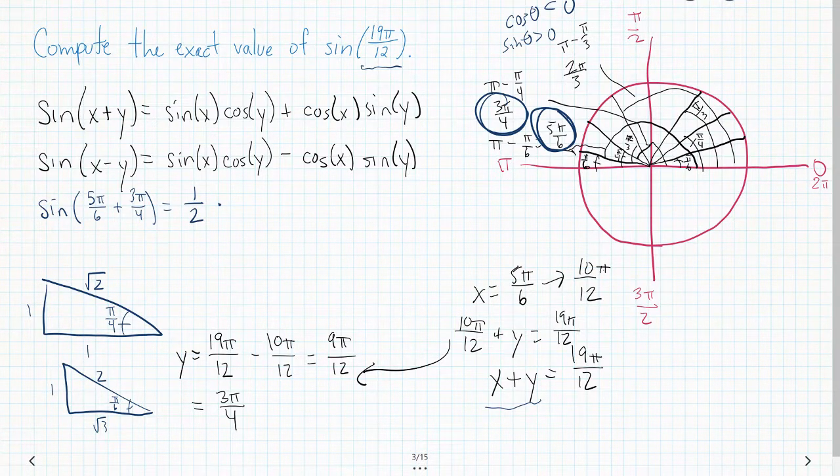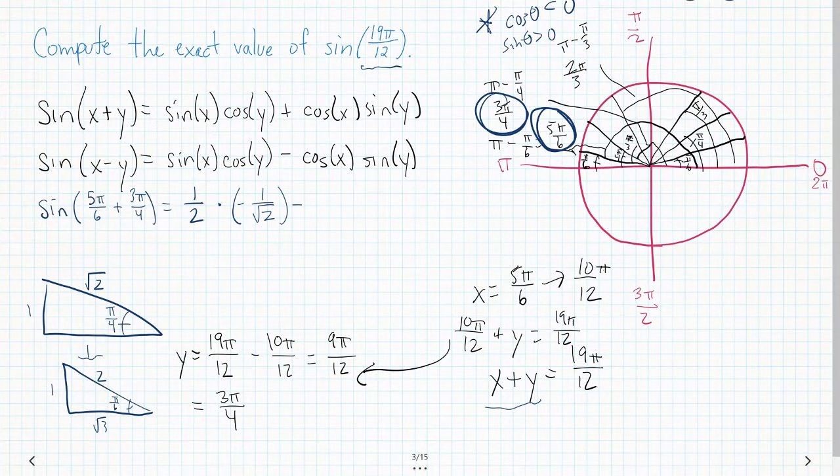Cosine of y. So you're going to look down on this side. You have, oh, sorry, wrong one. Cosine of y will be right here because our y value is 3 pi over 4. So 1 over square root of 2. But remember, we have cosine theta is less than 0 because we're in quadrant 2. Okay, so this is negative 1 over square root of 2